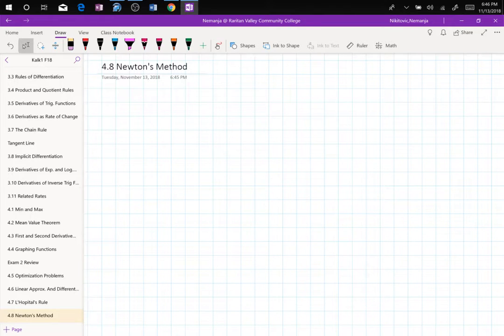Hello and welcome back to Calculus 1. So right now 4.8 is a section on approximation again, but this time we are using this approximation to calculate the root of a function. You see that